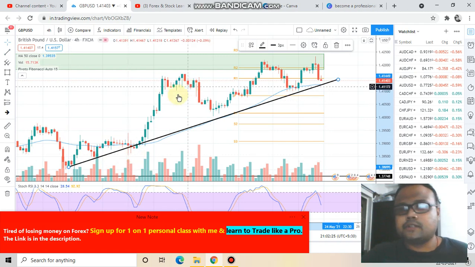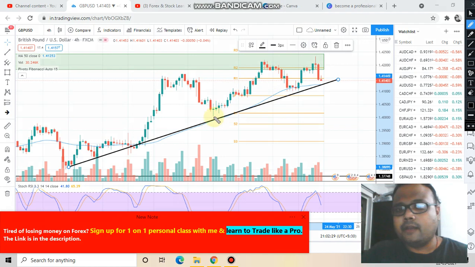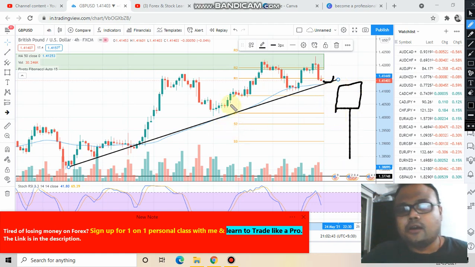So there is a possibility that whenever the market comes down to this particular trend line, there is a good amount of possibility the market will bounce. When the market bounces back from this trend line, look for the confirmation. Confirmation can be in the form of a hammer, price rejection from below, or a green candle like this. Once you get a confirmation that yes, the market is still respecting this particular level,